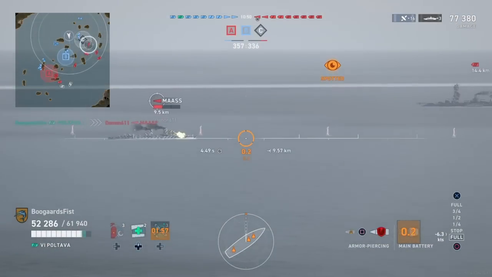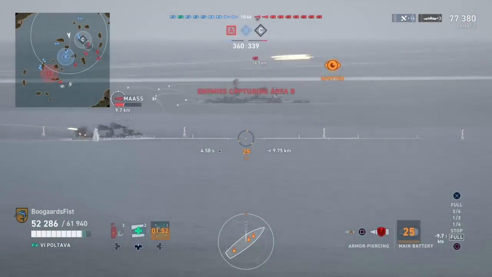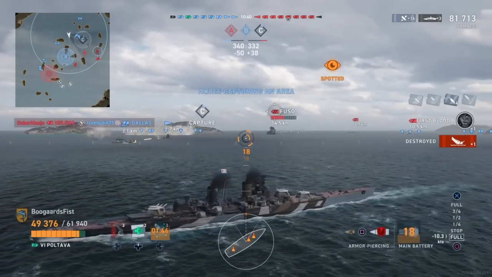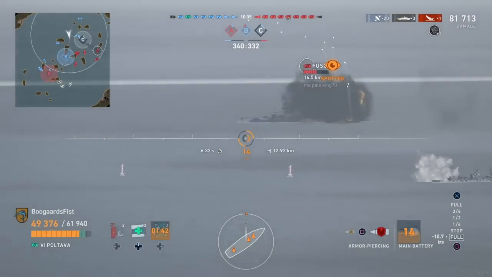But you can see he's really stubborn. He's trying to capture the cap. It'll cost him. We don't mind. We'll kill him. So Maz is gone. And again, if you cannot take the cap safely, get off the cap. Very easy. But we're up to 80 grand here